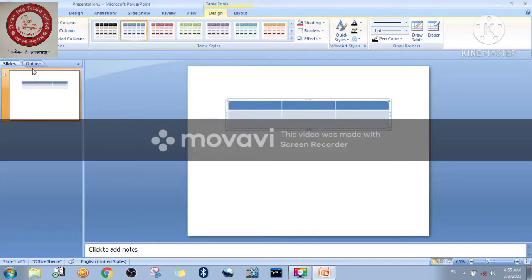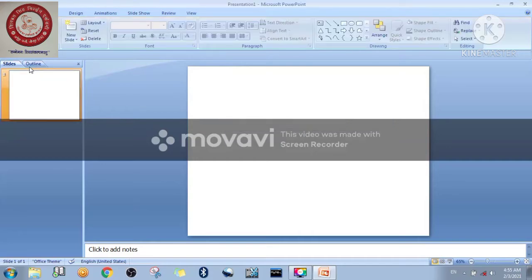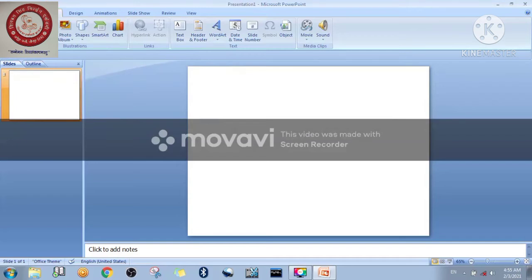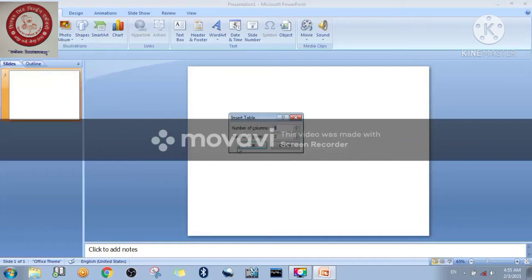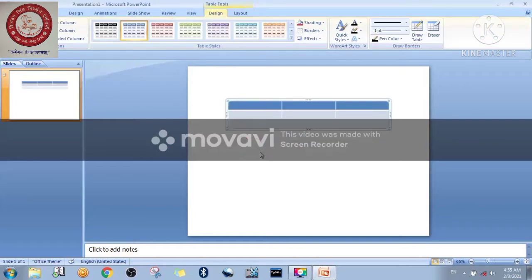In the second way, let me press Ctrl Z. For the second way, just go to Insert and immediately click on the Table option. The second method is this one, Insert Table. Click on that. Immediately it is asking for the number of columns and number of rows. So how many columns do you want? Suppose you want 3, and the number of rows will also be 3. Okay, and then OK, see the same result will occur. So right now there are 2 methods to insert a table, right?